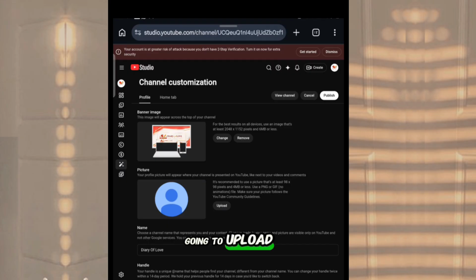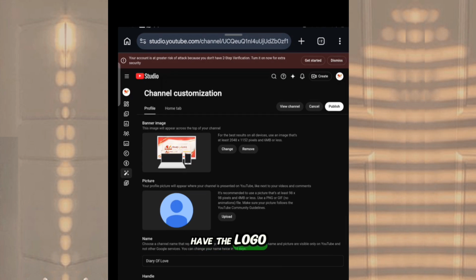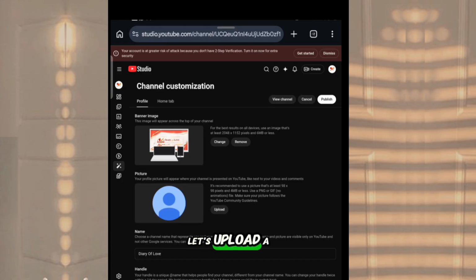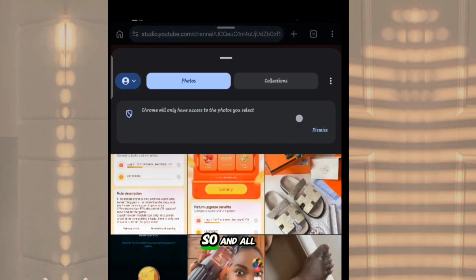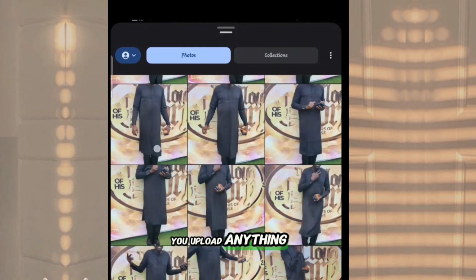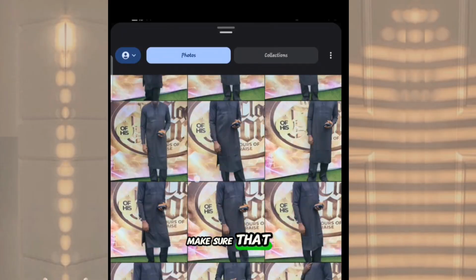So we are going to upload our picture. Now this picture place down, you can use your own picture, like your photo, or if you don't have a logo to use, you can use your own picture. Let's upload a picture. Before you upload anything, you have to make sure that